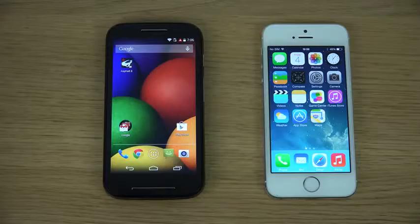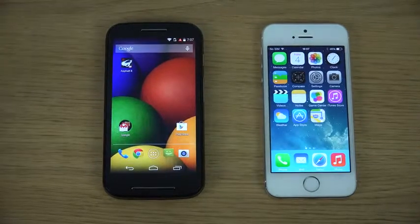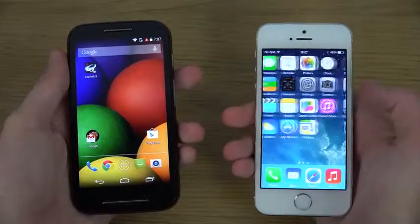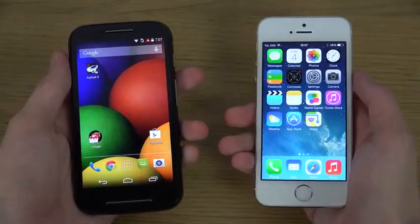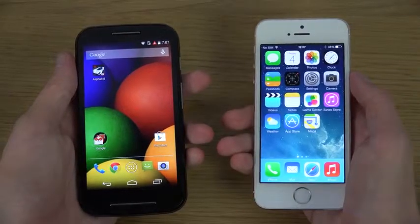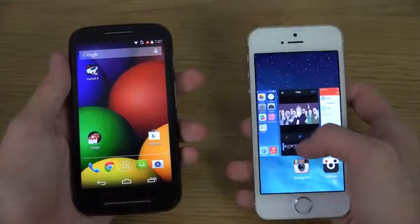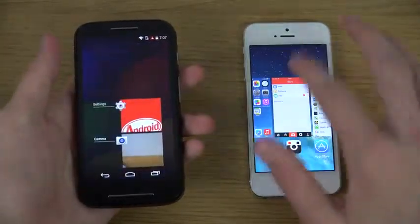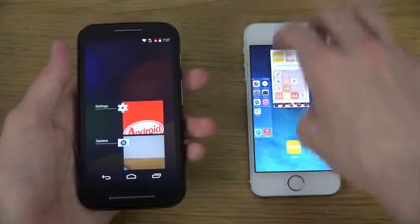Hey guys, so today I want to compare the Motorola Moto E a little bit against the iPhone 5S. Of course there's a big price difference here, but how does the Motorola Moto E compare in terms of performance against the latest iPhone at the moment, which is the iPhone 5S? Currently running iOS 7 on this device, but of course I have an iPhone 5S with iOS 8 beta as well. But I want to compare it against the official stuff that's available right now, which is iOS 7.1.2